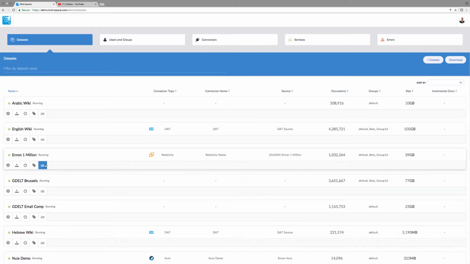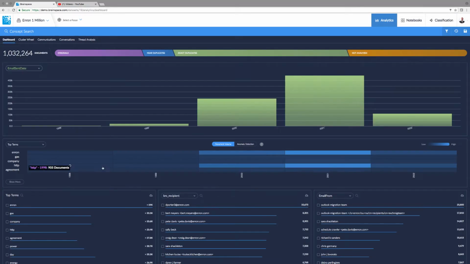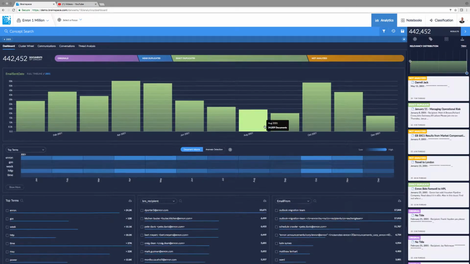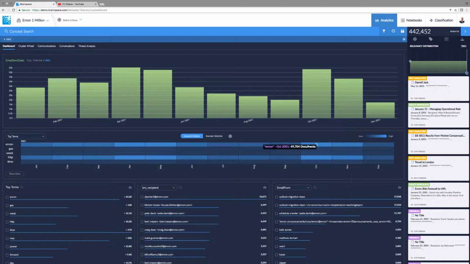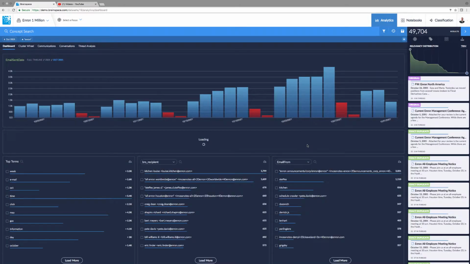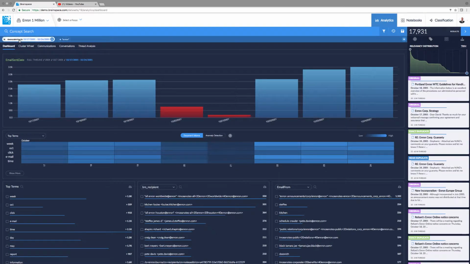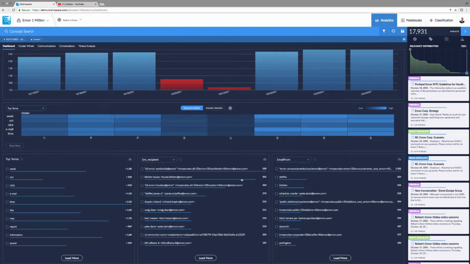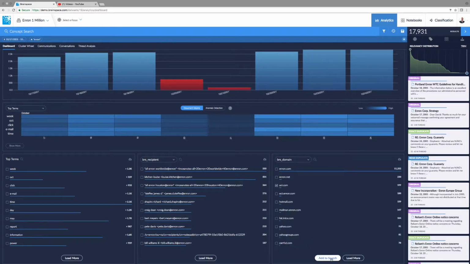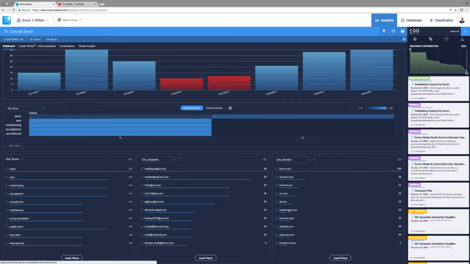Now that I've created the tag, I can use the tag in just about every screen that's available inside of BrainSpace. For example, here I am on the dashboard, and if I select a particular time frame on the timeline, maybe a particular time frame in the term heat map, and maybe drag and select a subset of time. So I'm making all these decisions around my data. These are metadata filters that I'm applying to my data at this point. Maybe I'm interested in a particular domain and anything that is an AOL email, for example, and retrieve those as well. So I'm building out this really elaborate search, and now I've gone from about 1 million documents to about